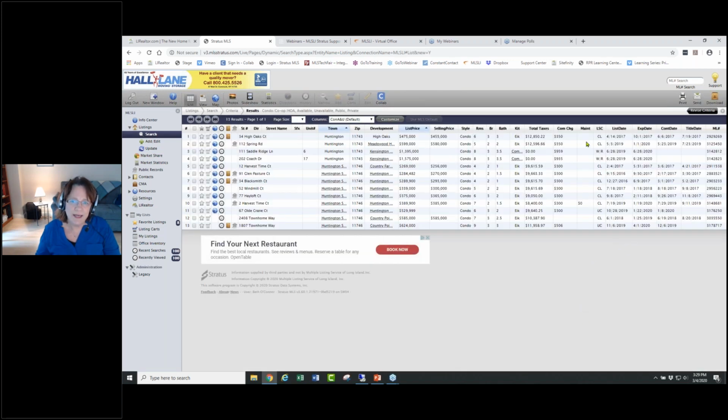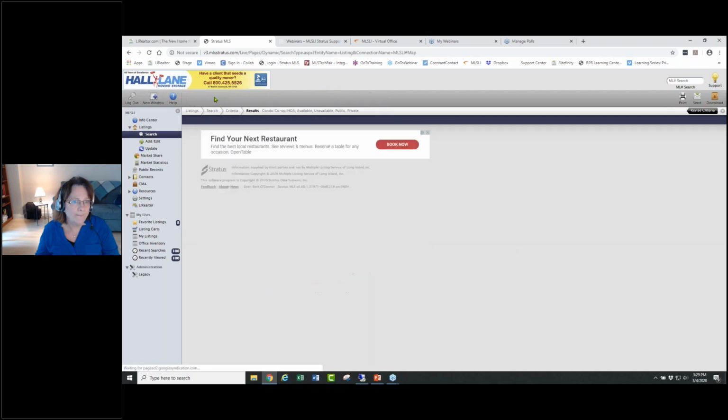And when we look at that LSC, you're going to see these are all unavailable. There's nothing on the market right now. They're closed or withdrawn, released, or under contract. That's all I got. Okay, there was nothing on the market right now that matched our criteria, but I can put them on the map. I can click on the globe